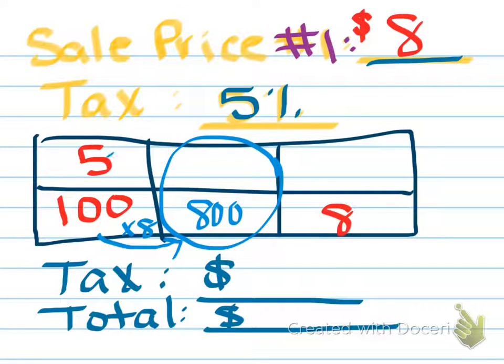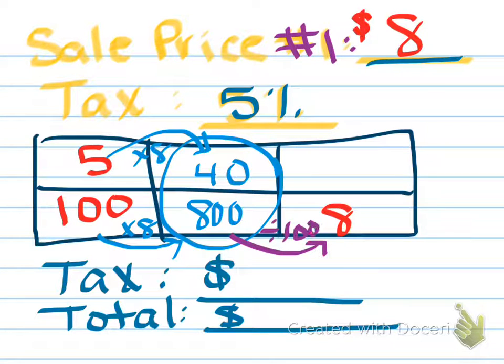What I do to the bottom, I'm going to do to the top, and so that's going to be times 8 as well, which is 40. Now, I would pay $40 tax on $800, but I'm not spending $800, so let's make this real. So I need to now go from 800 to get to 8. That way, I'm going to divide by 100. What I do to the bottom, I'm going to do to the top. And so if you take 40 divided by 100,